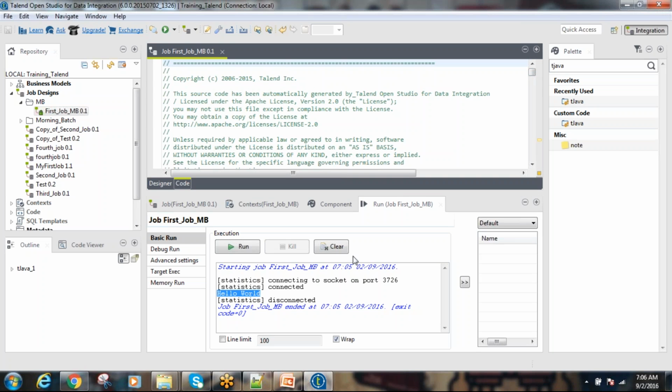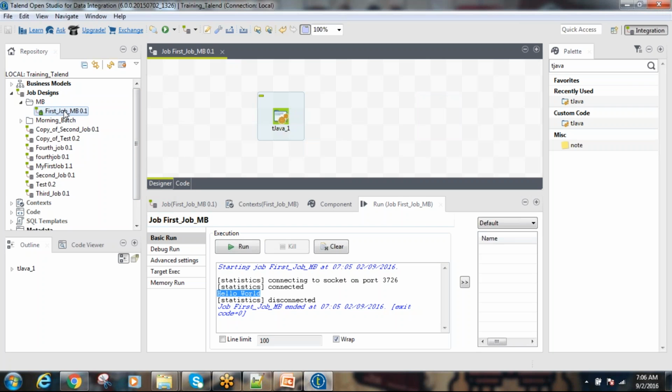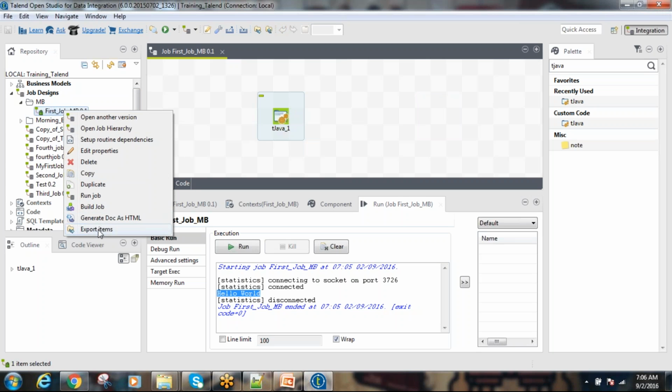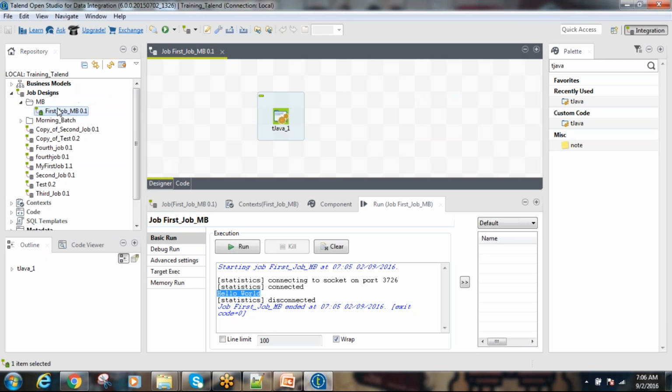If I say export items on the job level, it will export this job only. If I say export items on the job designs, it will export all the jobs in this job design section, including the jobs in the folders. Export items will export the items code from this job,